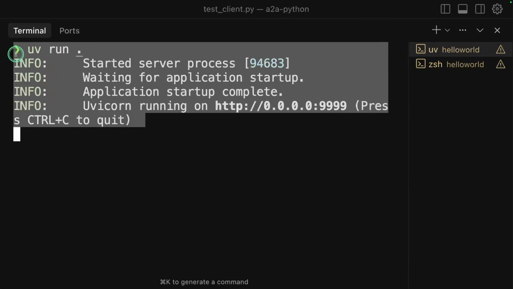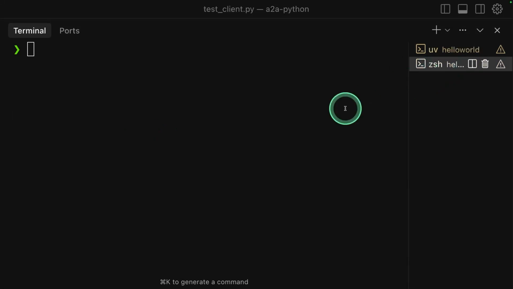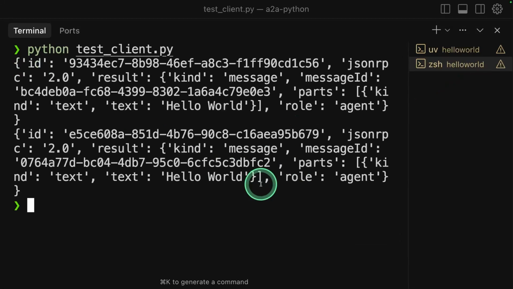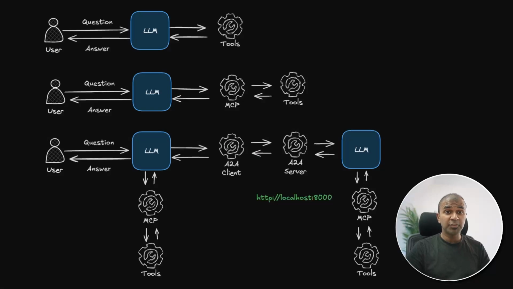Here is the AI agent server running, and then as a client, if I run the code, it's talking to another agent. I'll explain everything that happens behind the scenes, and what you should do if you want to replicate this, like one AI agent talking to another AI agent using A2A protocol. And I have a simple alternative which you can do the same thing with just 3 lines of code.